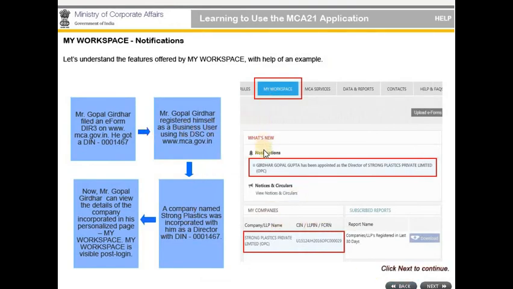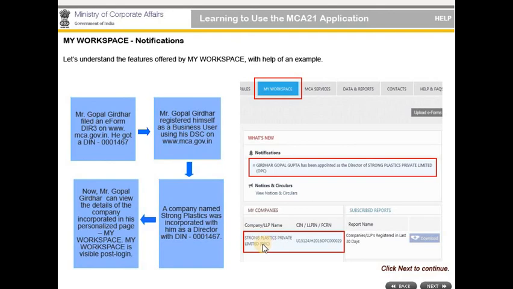You are the owner. Mr. Gopal Giridhar has filled the e-form DIR-3 on www.mca.gov.in. He got a DIN number like this. He registered himself as a business user using DSC, digital certificate. His company name is Strong Plastics Private Limited Company.